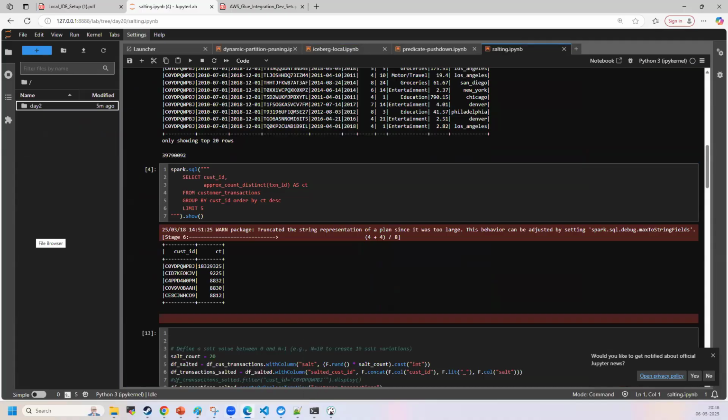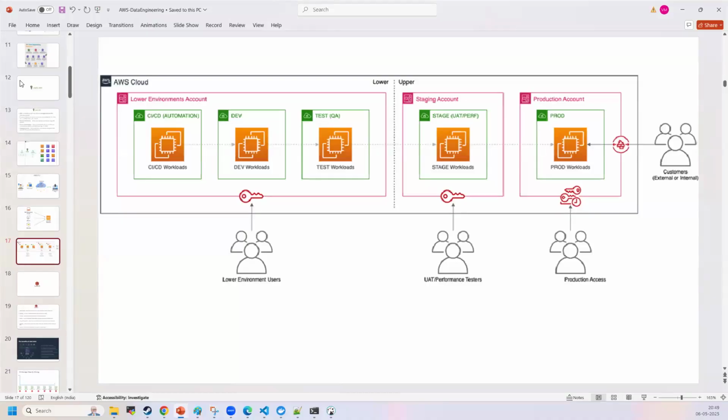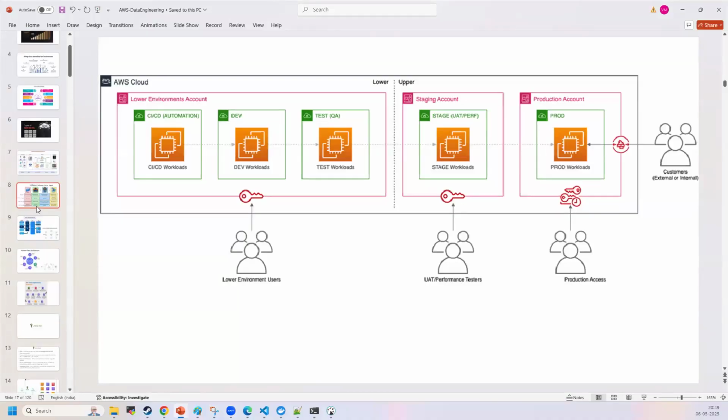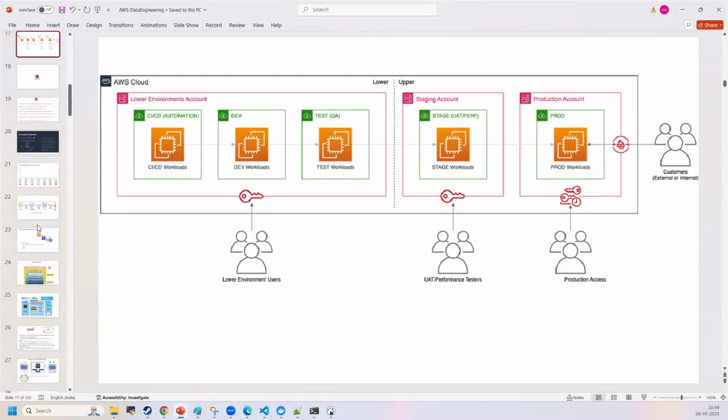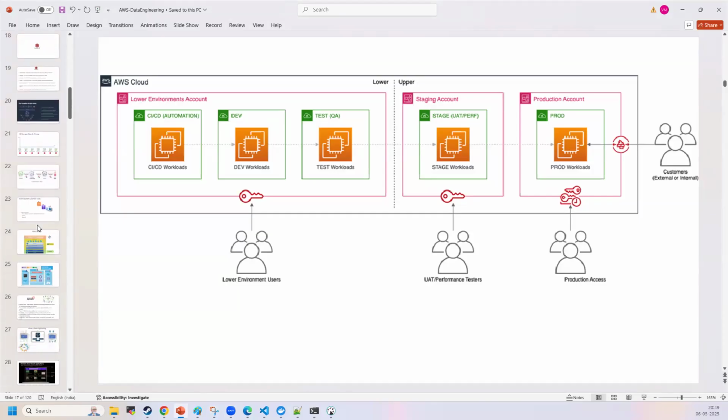Okay, I see one question here, which is, can you give more insight on Glue and Iceberg here? I think we have discussed this initially. We are going to use Spark for our ETL operations. Why Spark? Because when you are creating data pipelines, when you want to do distributed computing and process